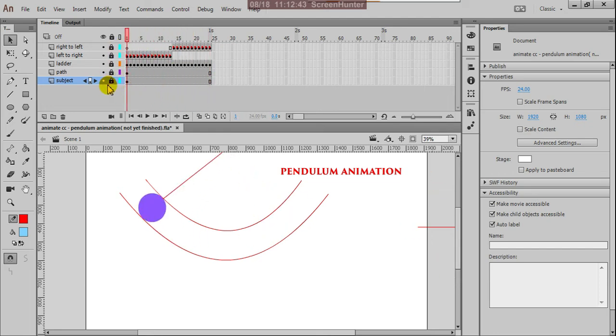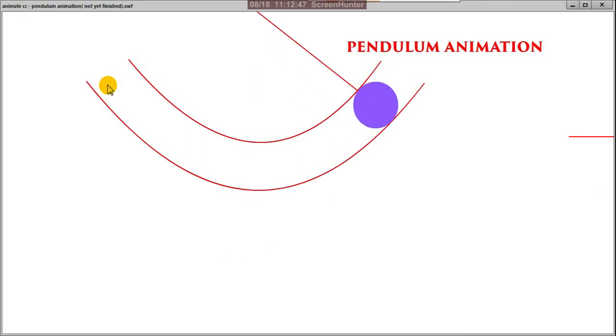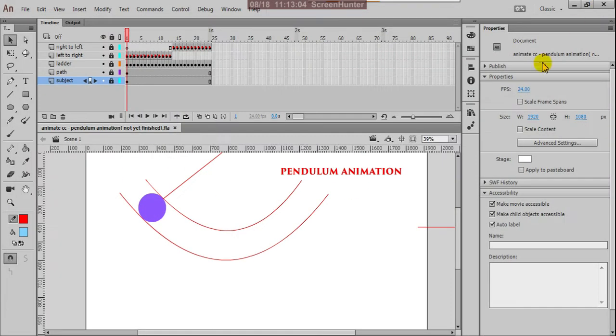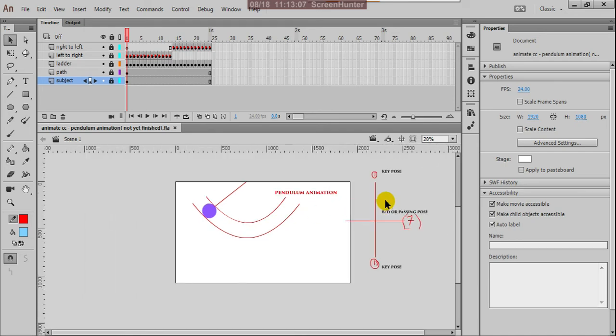Yes, so control enter. Yes, the beautiful pendulum is continuously swinging within this path of action. The path of action is here, the arc. Okay, the side here, this is our